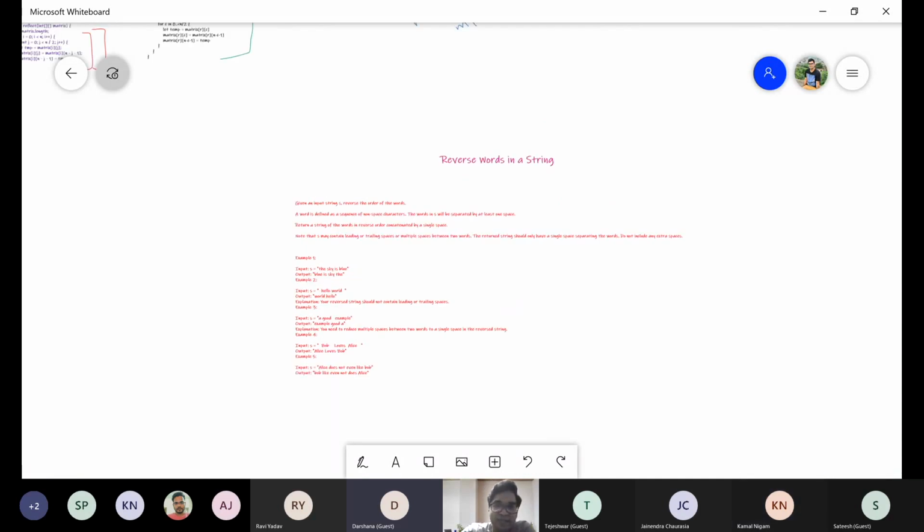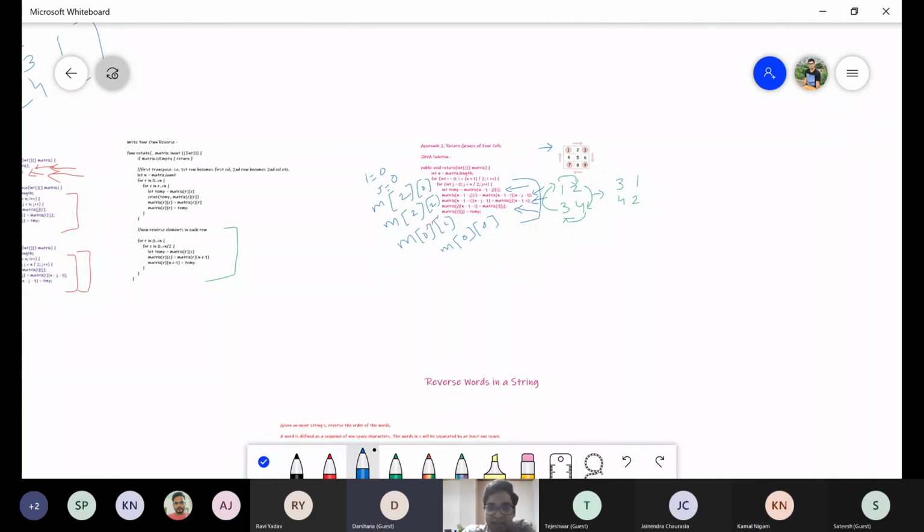So to understand the same thing, let's see this 1, 2, 3, 4. If we do the anti-clockwise rotation, what will be our output? Okay, I will write it: 2, 1, 4, 3. Okay, so is it okay now? Right. So this will be my anti-clockwise output.